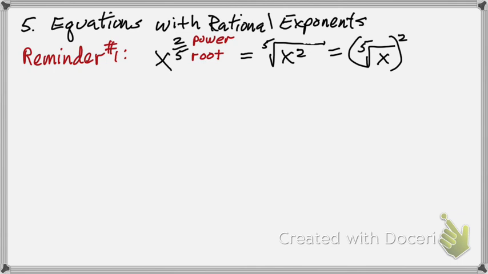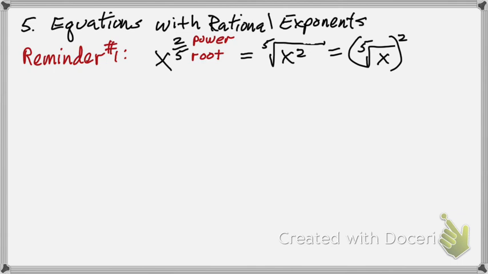So what's it saying? It's saying if you've got a fractional exponent here, like that 2/5, the top number is the power you're going to raise this base, x in this case, to. The bottom number is the root that you're going to take. So this says either take the square root of x